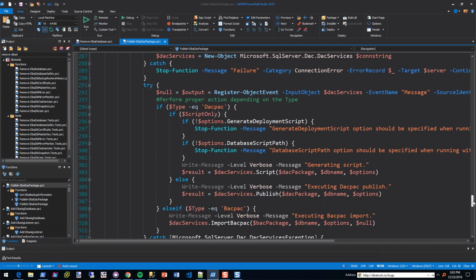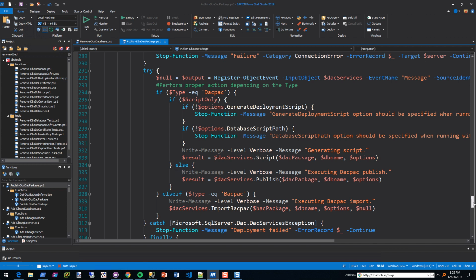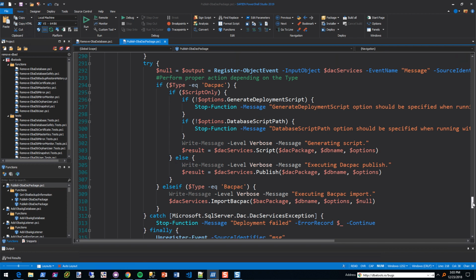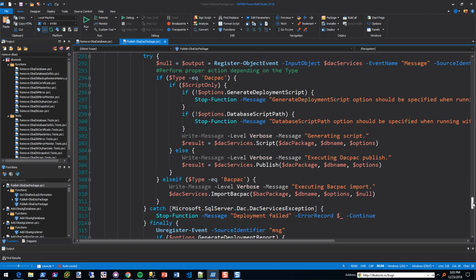Let's see, or maybe it's actually the import. Okay, so one is a DAC pack that writes to disk, and then one is a BAC pack that actually changes stuff. Admittedly, guys, I don't know much about DAC pack and BAC pack, and I just let somebody else write these commands, and then I follow them whenever I need them.